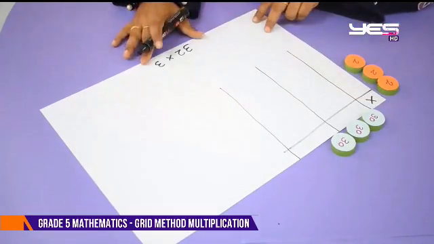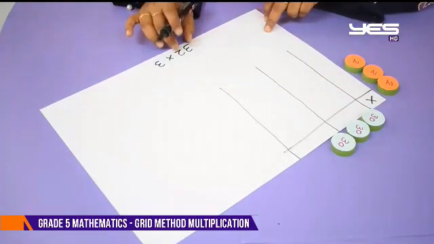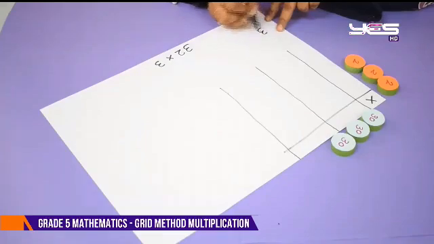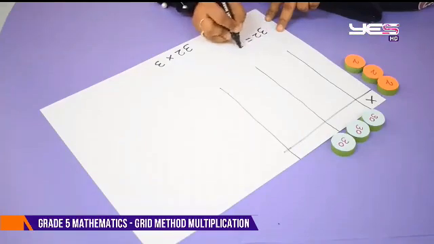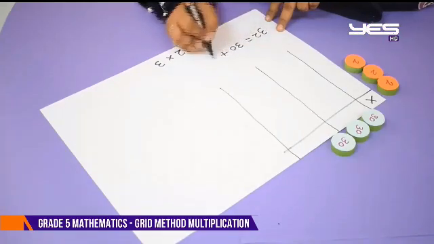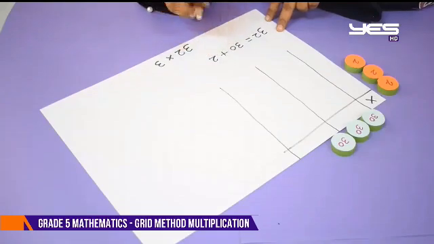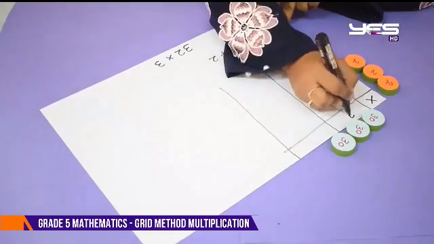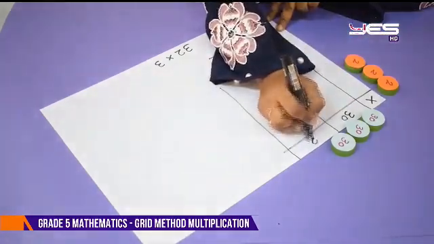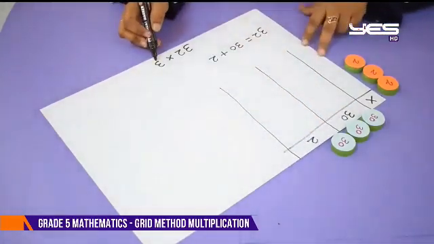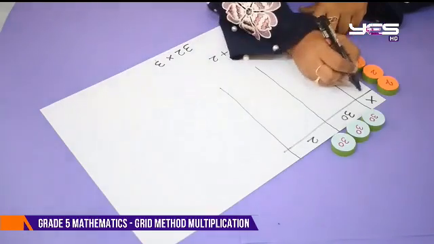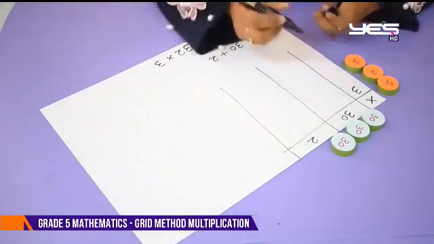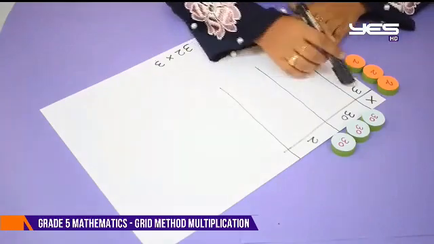Then the next step that we need to follow is we need to expand this number. So that will be 30 plus 2, right? Then I will write this number up here separately, 30 and 2. Then our multiplicand, which is 3, it will go up here. Okay. Now we have to multiply.